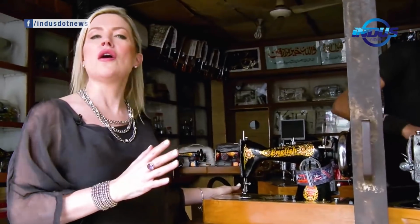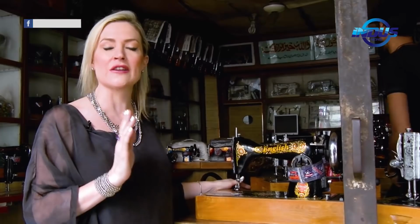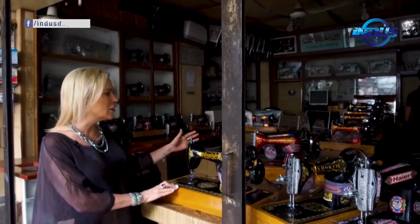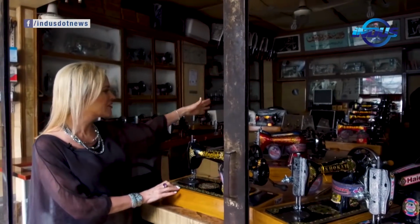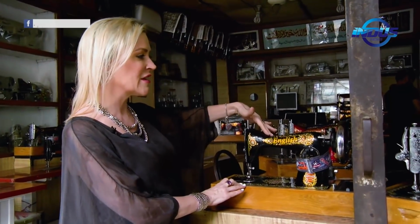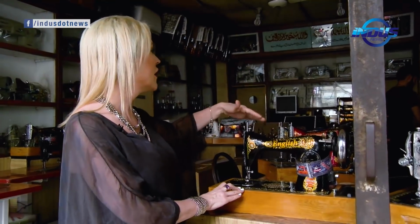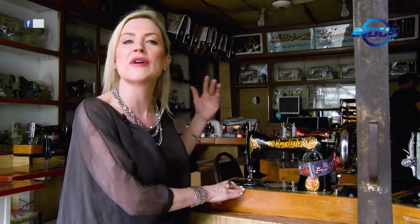It isn't just all of the demolished gates and things that are left over from English colonialism in this country, but you also find loads of beautiful things that the English left behind. And most of these, English sewing machines, most of these are left over. These are literally like antiques. These are all left over from the English colonials when their wives were here, or when they'd bring their chambermaids